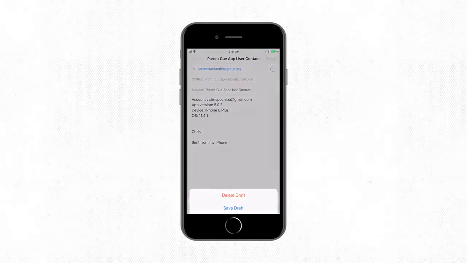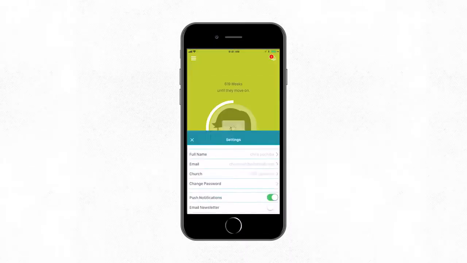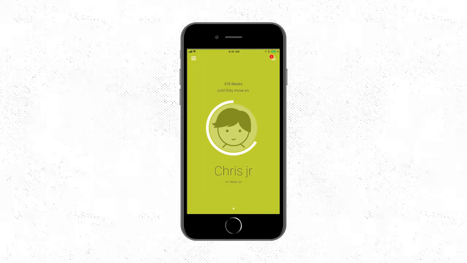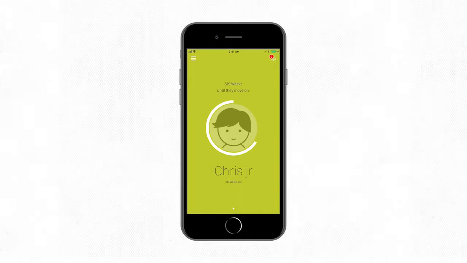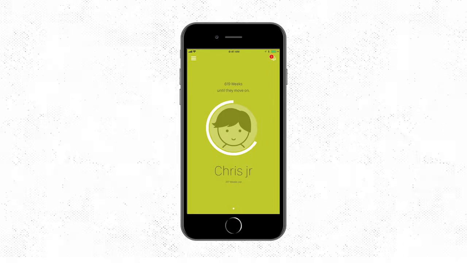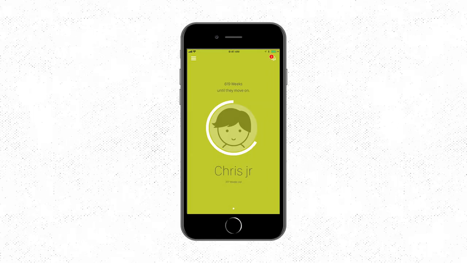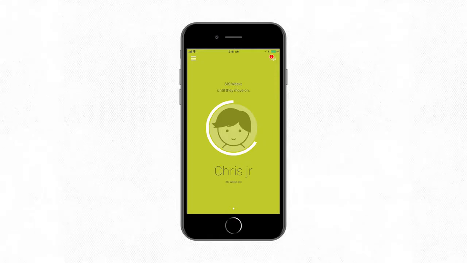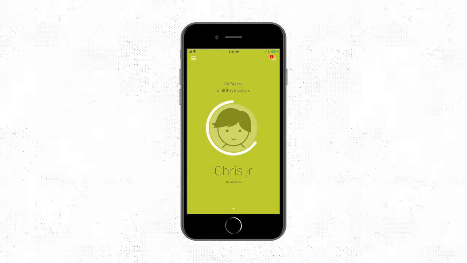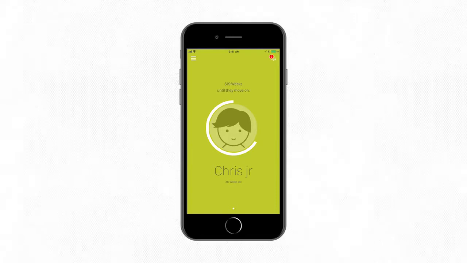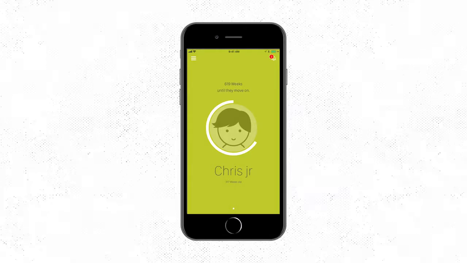So now that you're finally set up, what will you see every week? Well, at the top you'll see the number of weeks until your child moves on. Graduation happens at a different time for everyone, but at the end of summer, after graduation, every child moves on to their next phase. Whether it's going to school, joining the armed forces, starting a new job, or another adventure. Whether your child leaves home or not, they are moving on to their next phase, and this number reflects that. So why do we show it? Because when you know how much time you have left, you tend to do more with the time that you